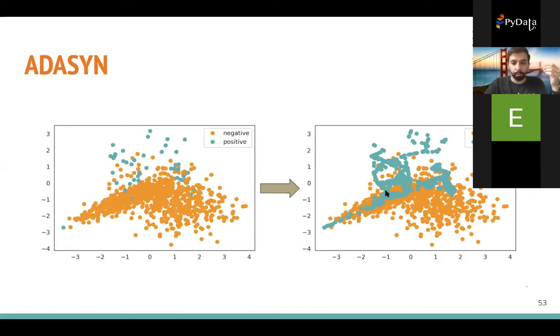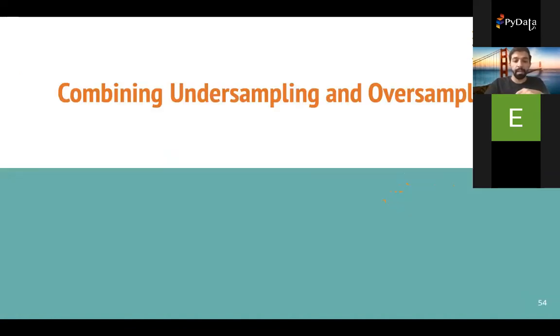This is more aggressive in the oversampling, and one of the downsides of applying it is that it can add a lot of noisy points. One recommendation is to try to use undersampling, for example, Tomek link removal or something like that, before applying ADASYN. ADASYN is the last of the oversampling methods. Now, one thing that usually works well in practice is to try to combine undersampling and oversampling. I'm going to go over two of them.